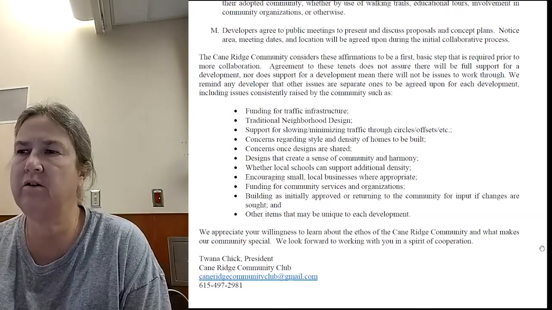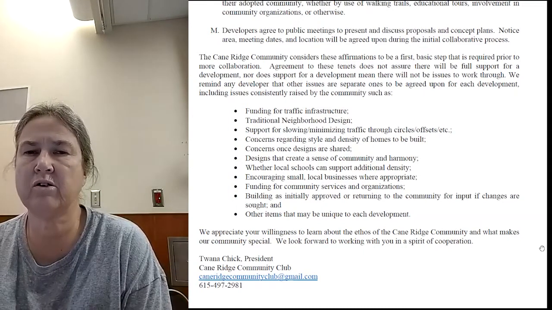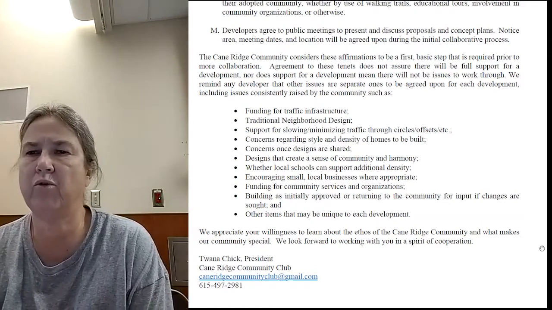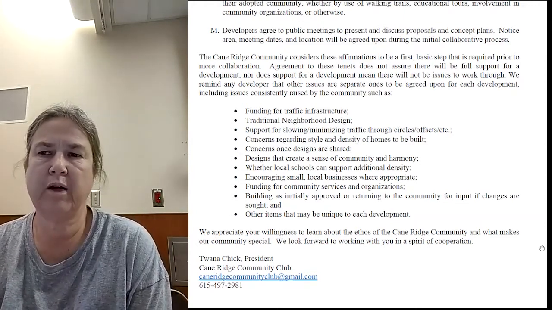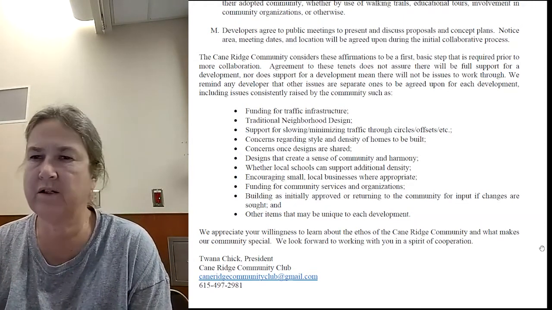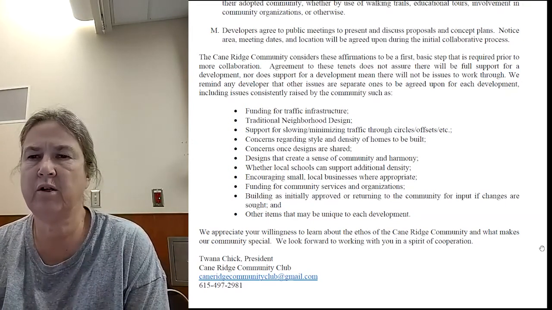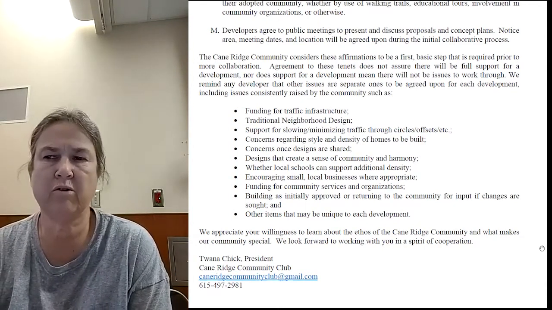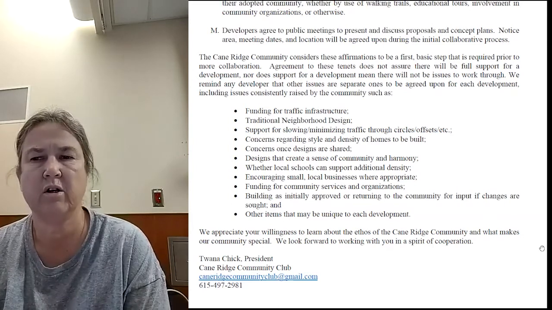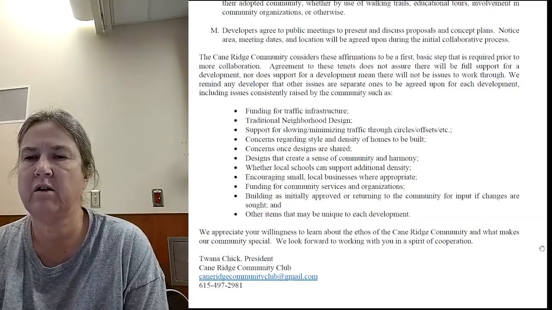If instead you smartly design that roadway, then the residents don't end up having that to deal with, and you solve that problem forevermore. We're also pointing out here that there will be concern about style and density of the homes, designs that create a sense of community harmony, school issues, local businesses where possible, and community services organizations. It doesn't take away all these other things that need to be dealt with.